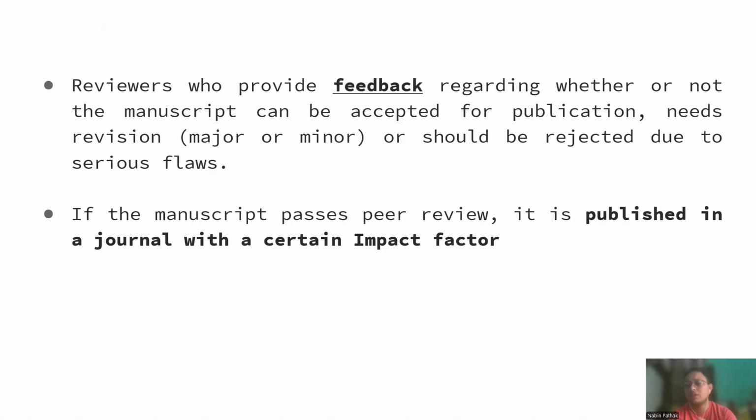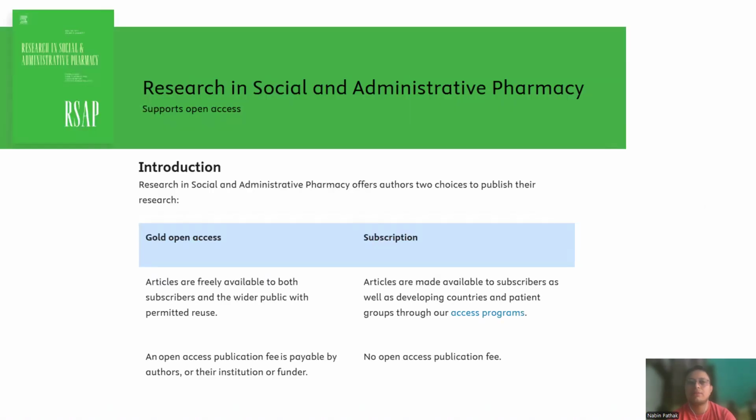So this is the overall process for publishing a paper, but we also need to know the process after the paper has been accepted. There are two different models we'll talk about in this session: the first is the hybrid model and the second is the open access model. The concept of the open access model somehow promotes the idea of predatory practices in today's context.